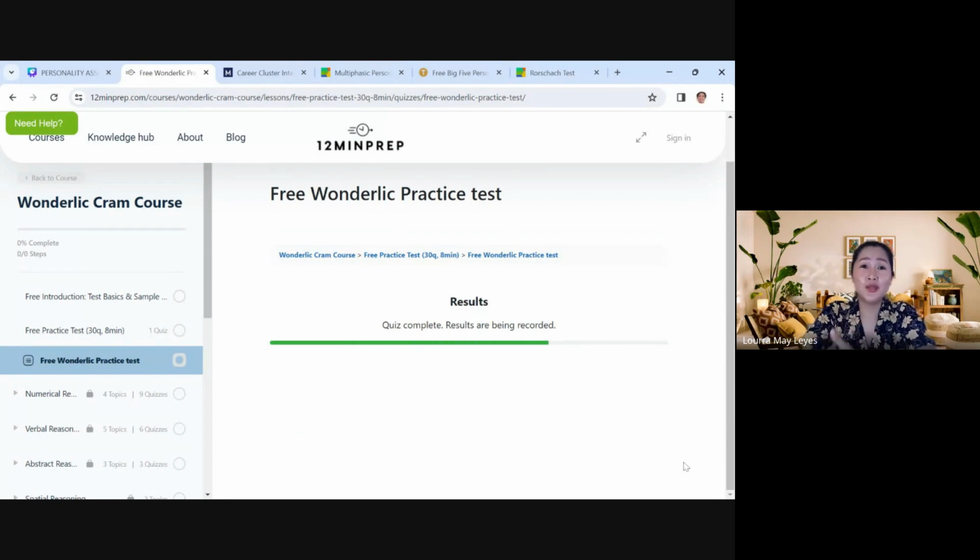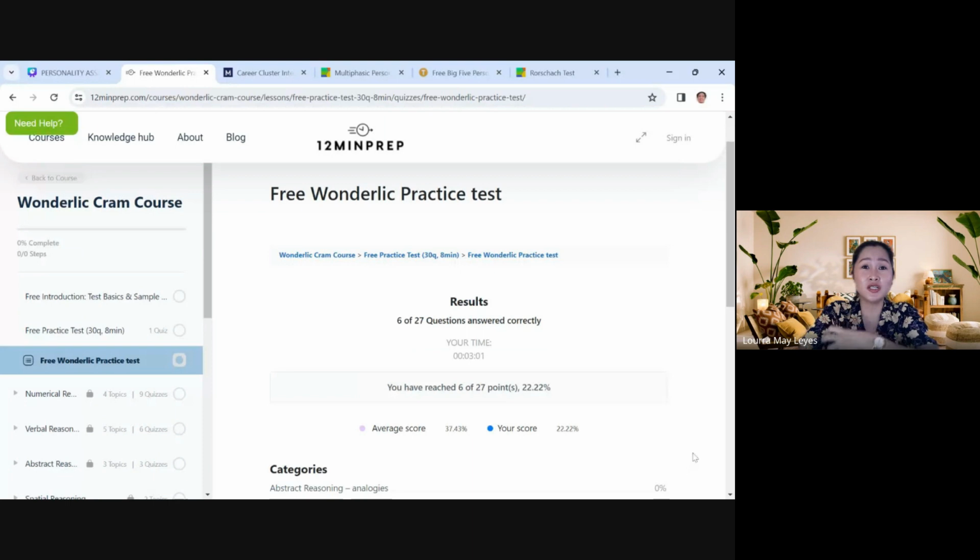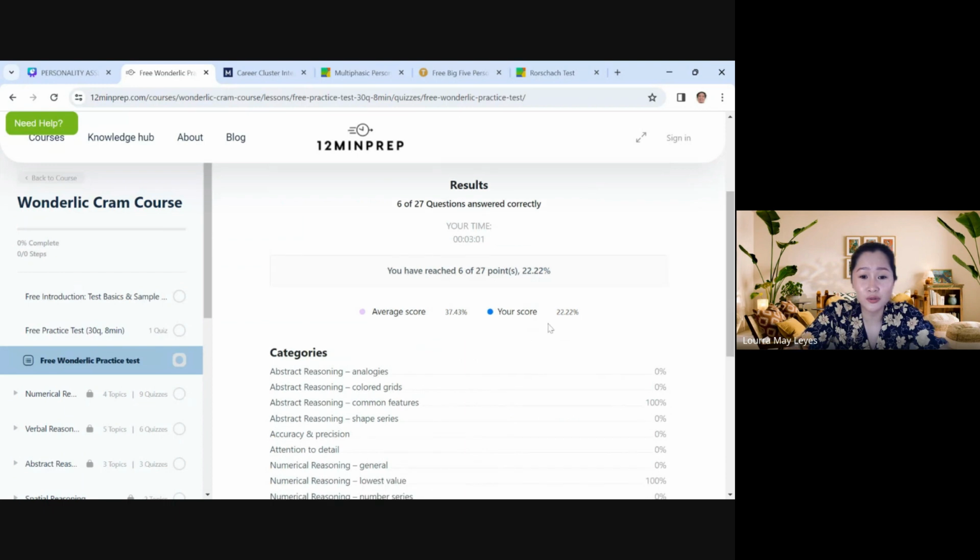So, at least now we know that the Wonderlic questionnaires are a mixture: there are abstract questions, questions about logical reasoning, and questions about comprehension. So, we know that is the content of the Wonderlic practice or Wonderlic IQ test, a cognitive test. So, my result is